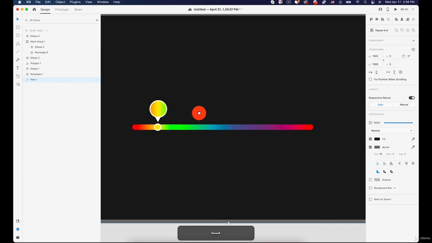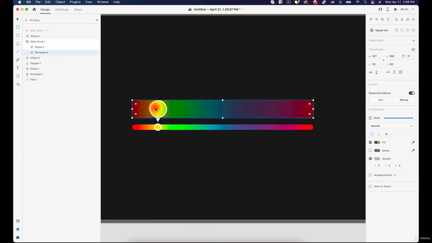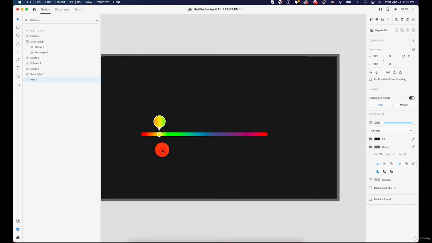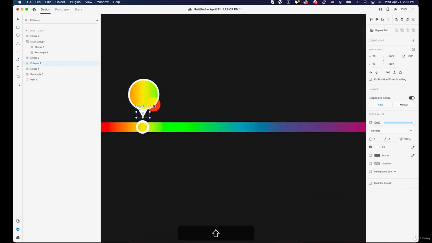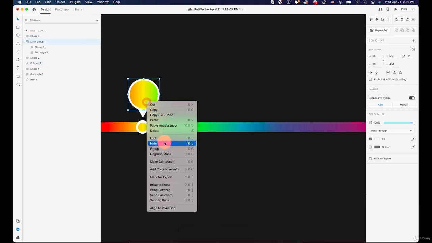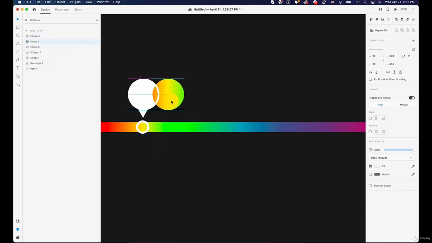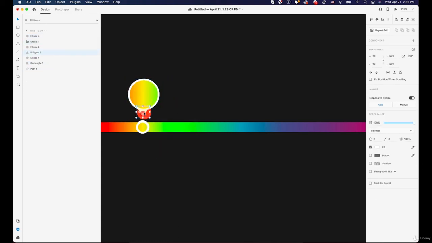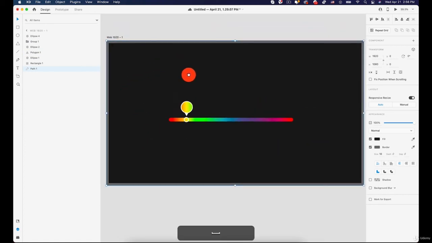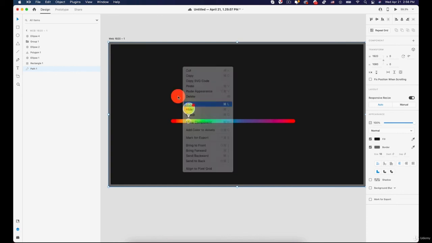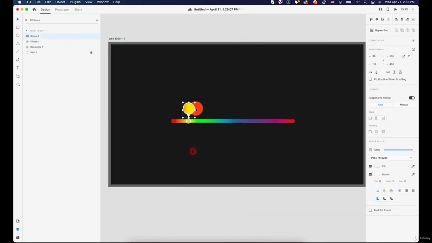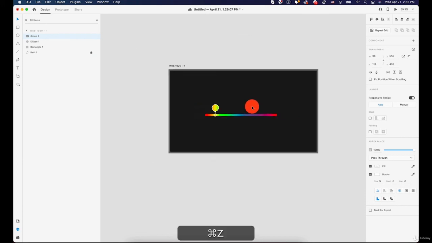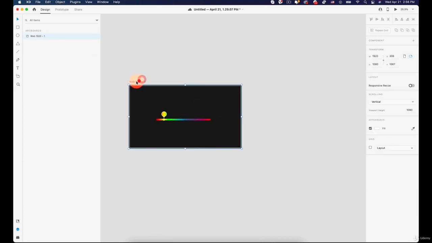The last thing I'm going to do about the design, I will group these things together. So let's just close up. I will select this one and this circle, right click and group them together. Oh, obviously I didn't select them. I'm going to select the background. I will lock it so we don't select it. Right click and lock. Now I will select everything here, right click and group. Now everything is connected. I'm going to duplicate this one,